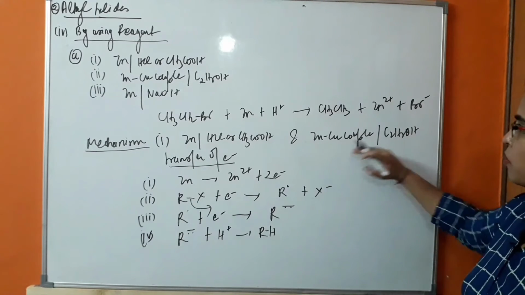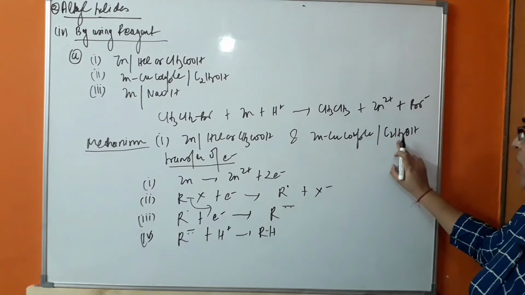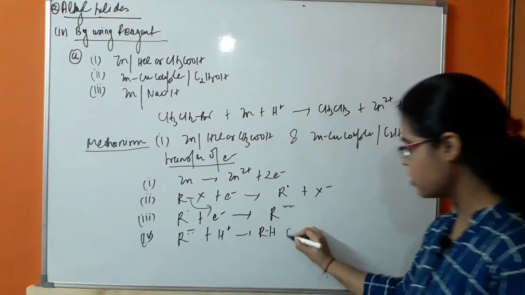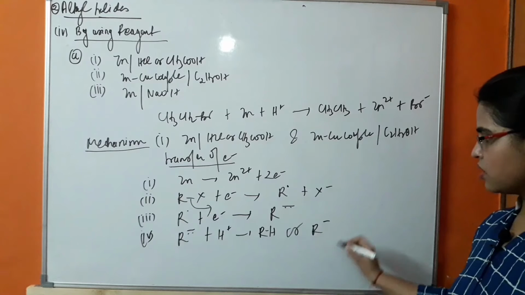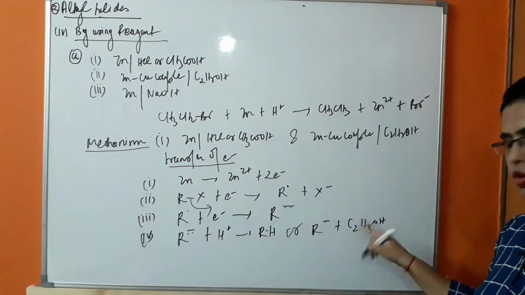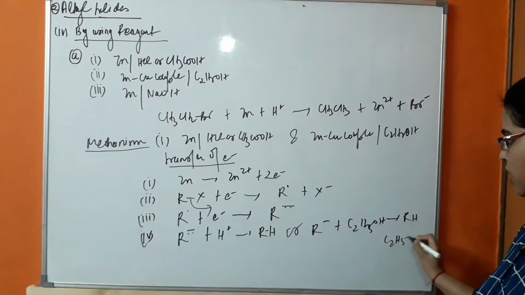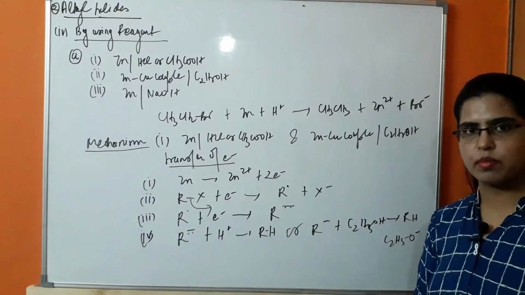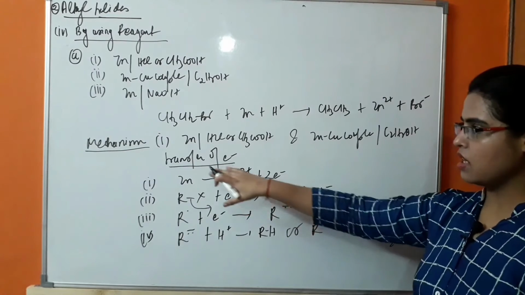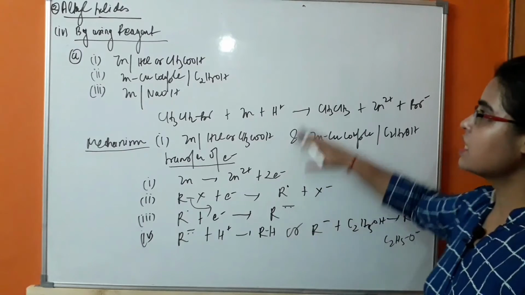If zinc copper couple is used, the similar reaction will take place, only the difference will be in the solvent. In this, the solvent will provide H+ ion. So in this case, R- will react with the C2H5OH and abstract its proton, and there will be formation of RH and C2H5O-. So the reaction mechanism for both the reagents is same. In this, transfer of electron is playing the main role. Okay? Next step,